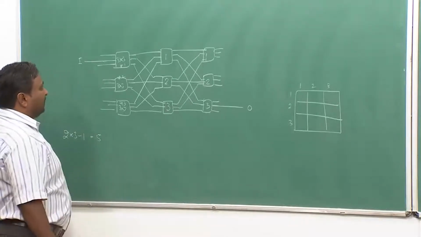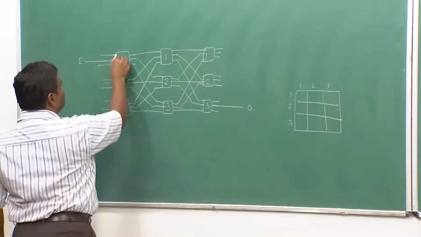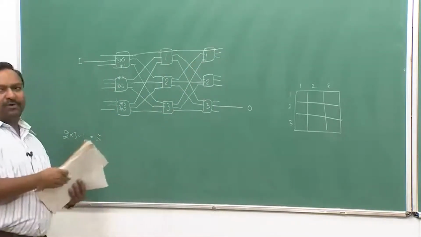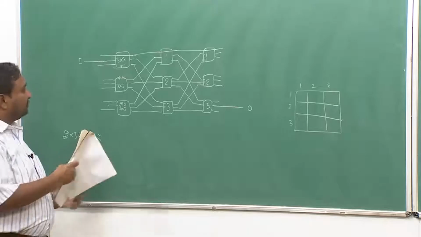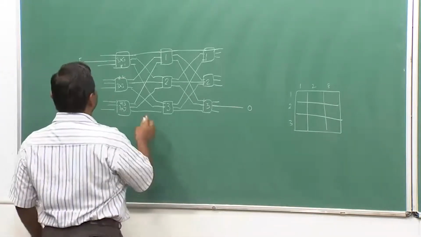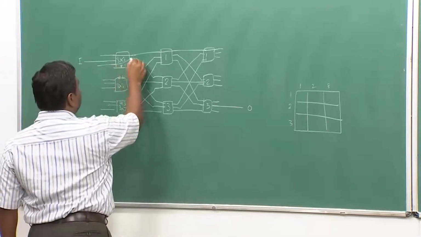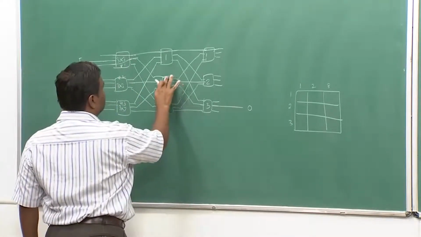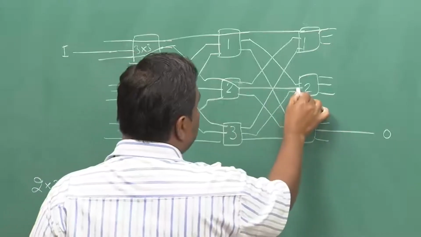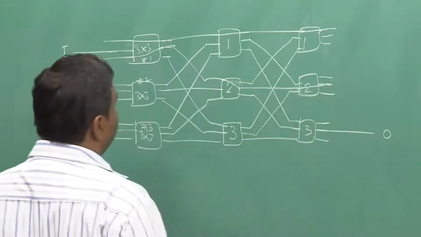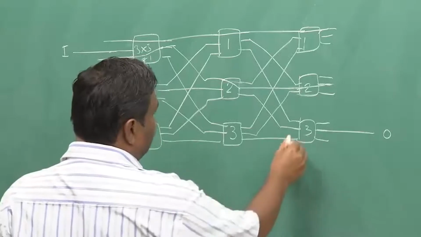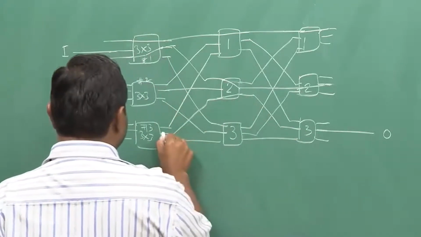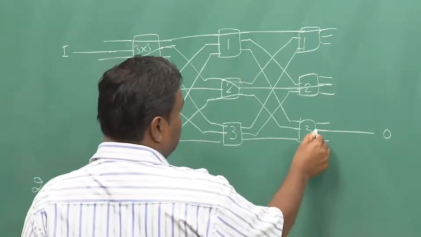So I want to set up a path, so if this path has been set up in this fashion, the first is, or I am just going to create a blocking scenario, and let us see what will happen. The second one is being occupied through this. The third one can be in this fashion, and